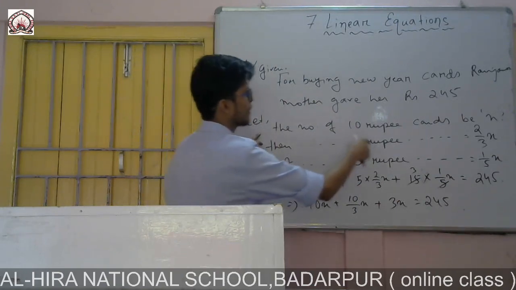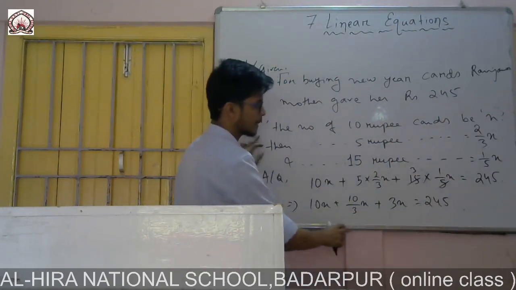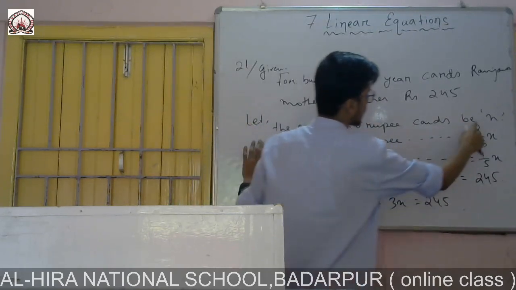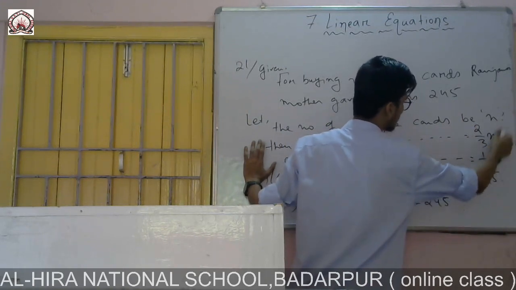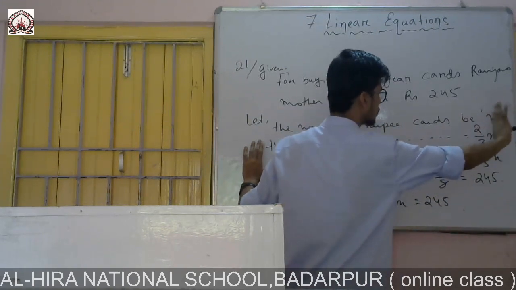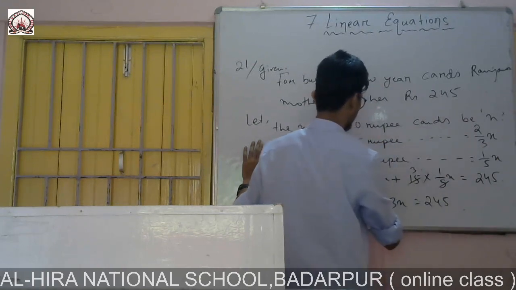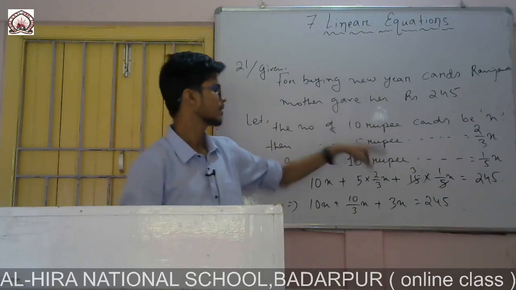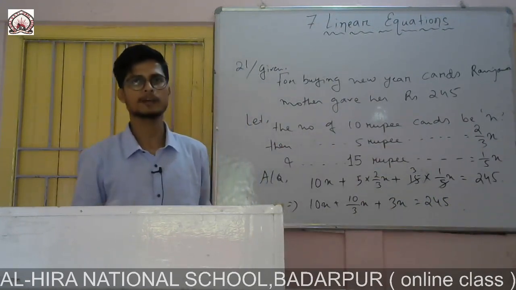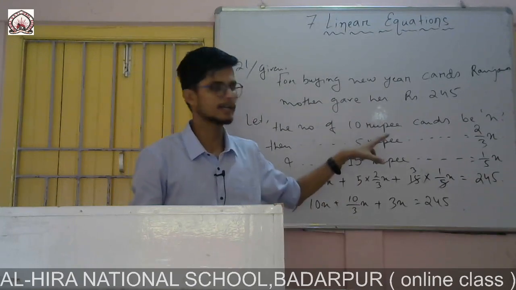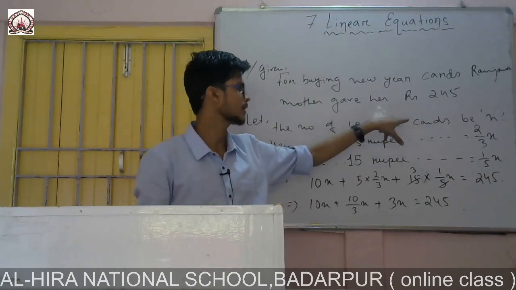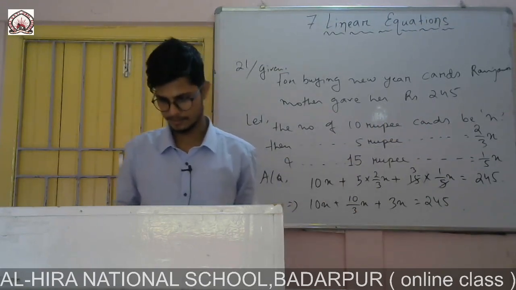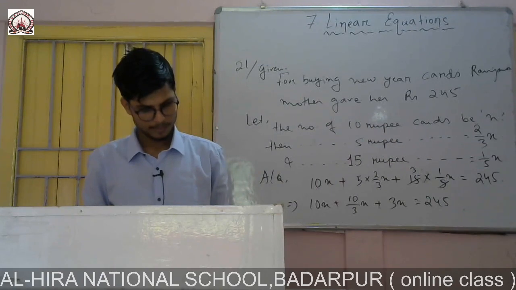You write therefore the number of 10 rupee cards, for example, if I got the value of x as 10, then here you will write 10. Then again you write therefore number of 5 rupee cards equal to 2/3 of, in place of x you will write again 10, you will cancel. If cancellation goes you will do it, if it doesn't go you will keep it. Then 15 rupee cards again you will find. In this case cancellation will go because the number of cards will not be in fraction. So you solve this one, find the value of x, put it there, find the number of 10 rupee cards, 5 rupee cards and 15 rupee cards, and you will get the answer. Okay, now question number 22.